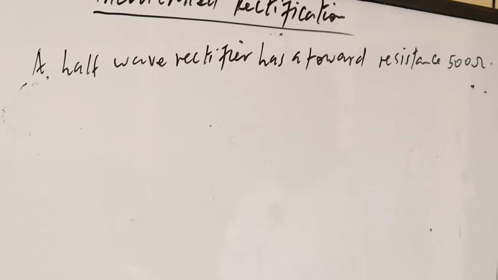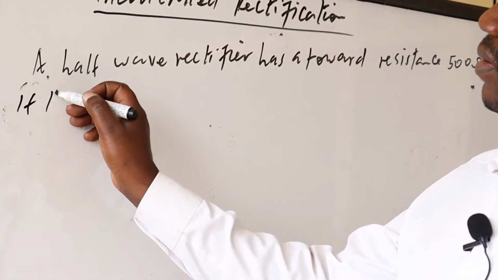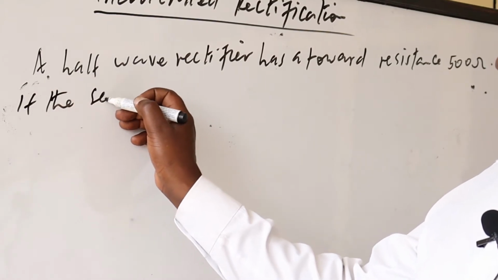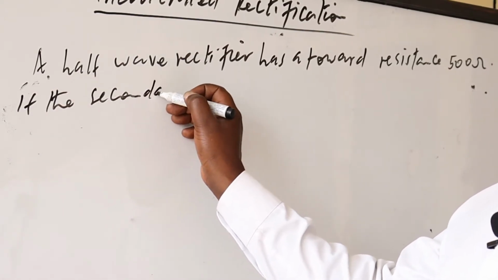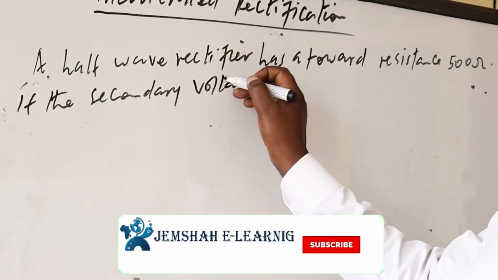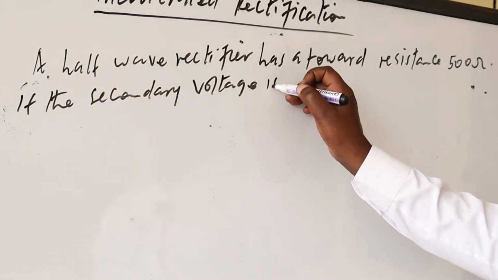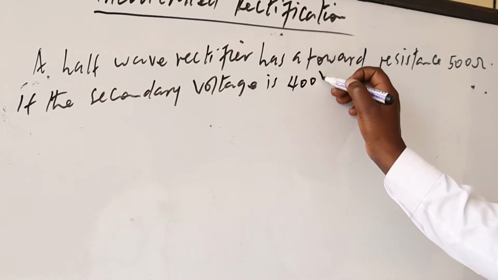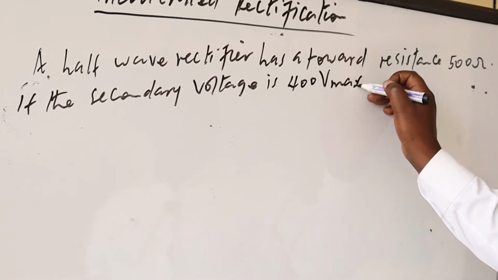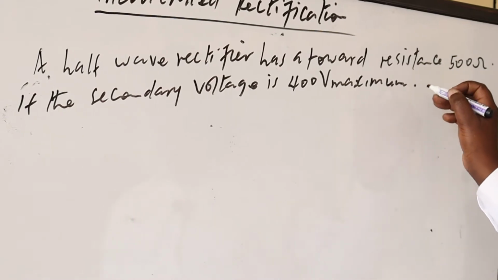If the secondary voltage is 400 volts maximum, calculate: